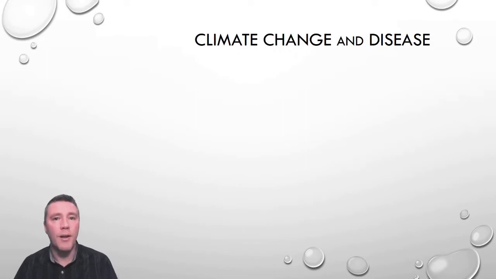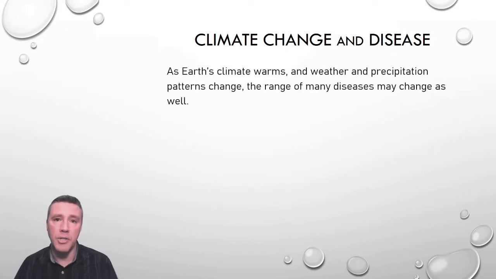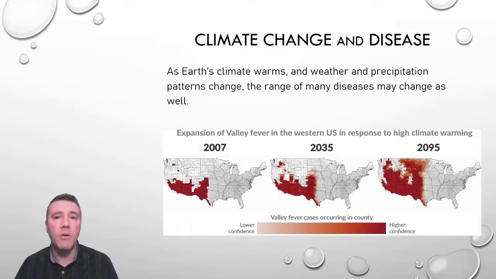But, thanks in large part to climate change, the potential geographic ranges of many diseases are changing. With a warmer Earth, one that has changing weather and precipitation patterns, where certain pathogens can be found is also changing, generally increasing the range of them. Valley fever is a fungal disease that infects mammals and is largely limited to northern Mexico and the southwest of the United States. Warmer temperatures are predicted to expand the range of the fungus over the next few decades, opening up a larger area of habitat that the fungus can survive in.